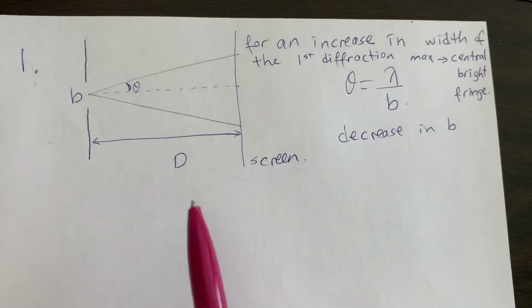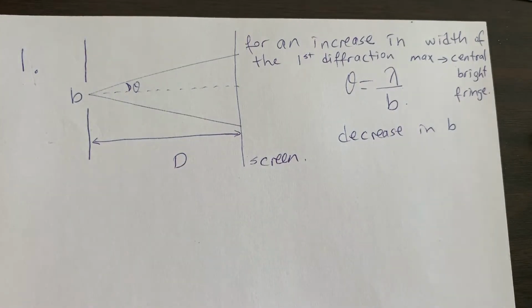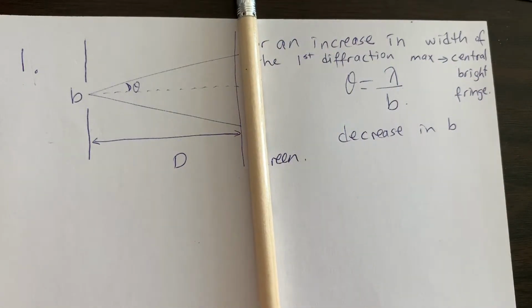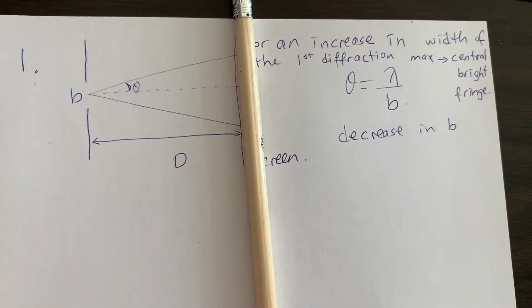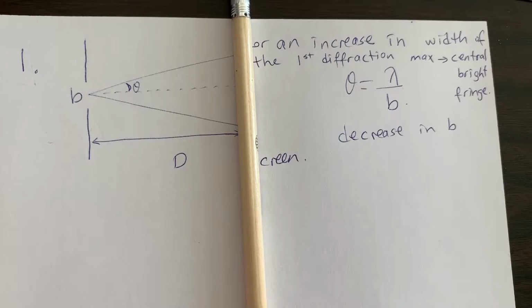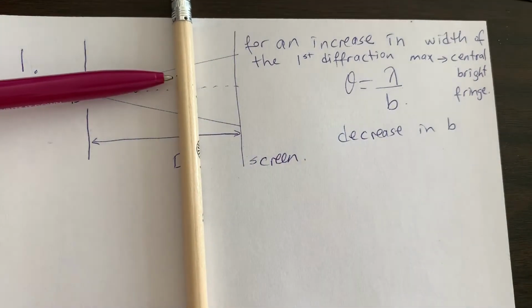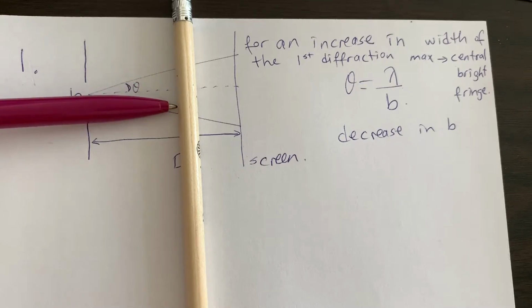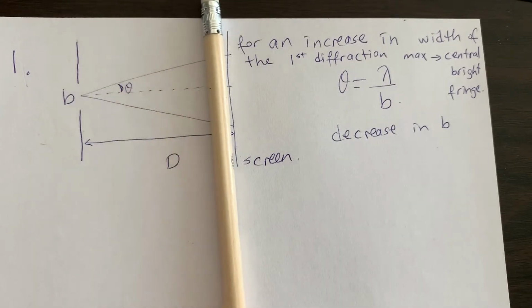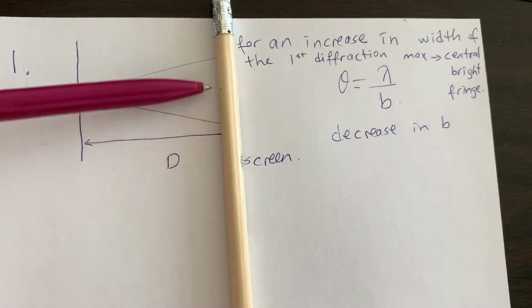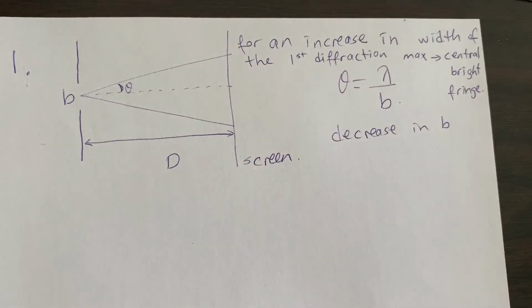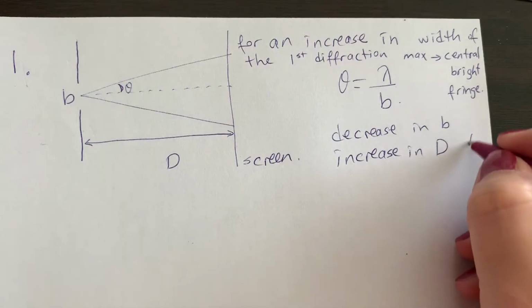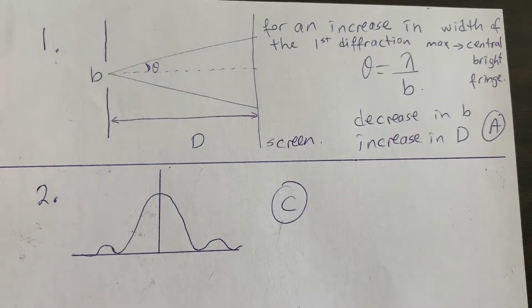As for the D, the distance to the screen, I'm going to demonstrate the screen position with this pencil. Without changing B and wavelength, the angle will not change. And in this pattern, if the screen is closer, see that the central bright is going to be smaller. If the screen is further, the width of the central bright gets bigger. So we need to choose an increase in D. This is answer A. Question number 2 is asking which of the following graphs best represents how the intensity I